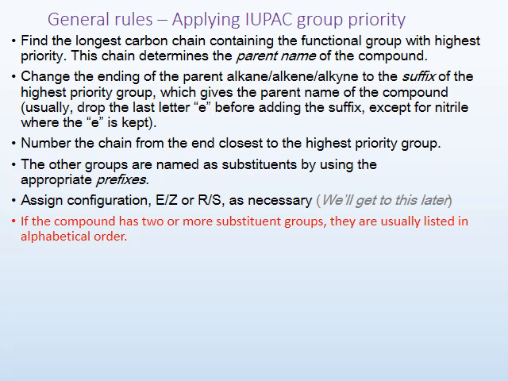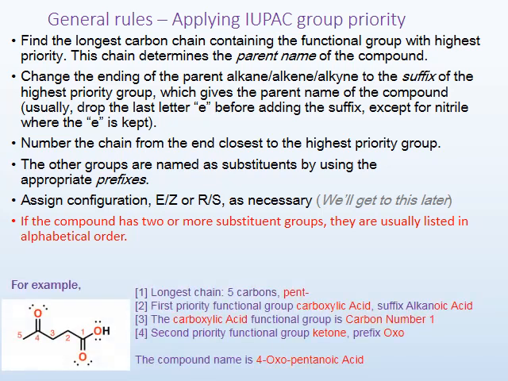If a configuration must be assigned, it is written at the beginning of the name. Configuration assignments include cis and trans, entgegen and zusammen, rectus and sinister, levo and dextro. Such configuration assignments are covered later in the video. For now, let's look at the compound